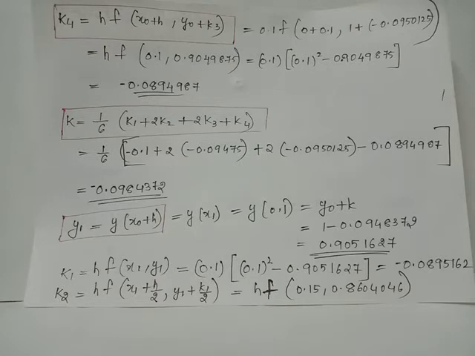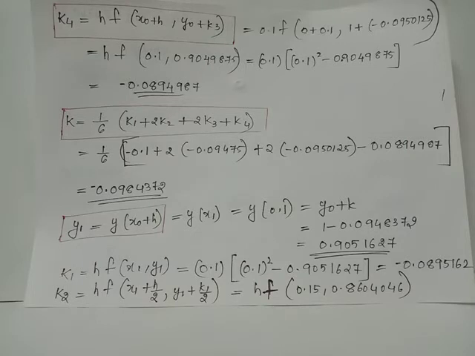We wish to evaluate y1, which is value of y at x equals 0.1. We have y1 is the notation y of x naught plus h. That is, y1 equals value of y at x1. The basic equation to find out y1 is y naught plus k, where k equals minus 0.0948372 and y naught equals 1. Thus, we have y1 equals y naught plus k, giving y1 equals 0.9051627.